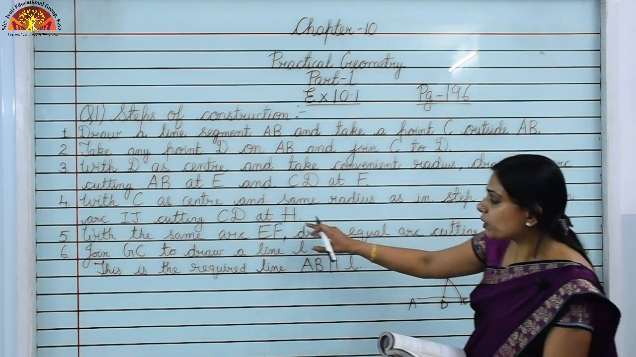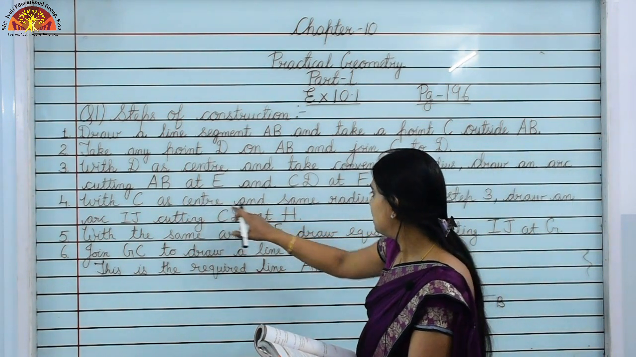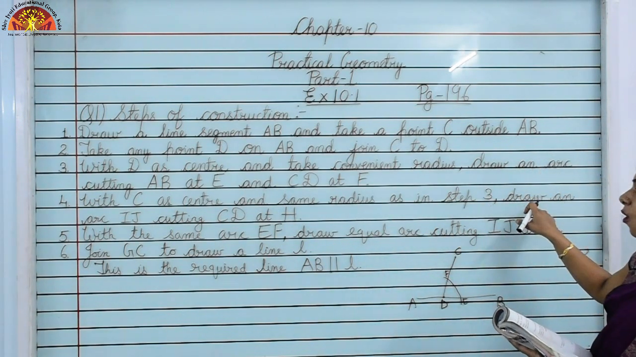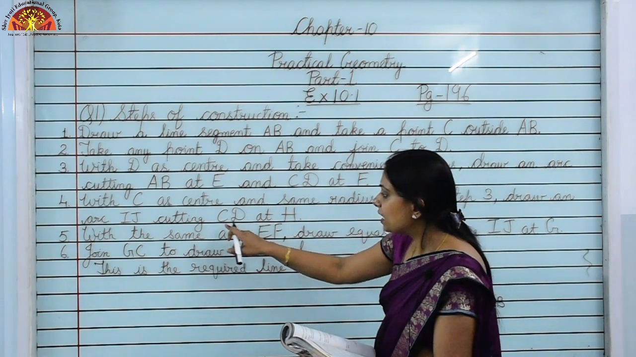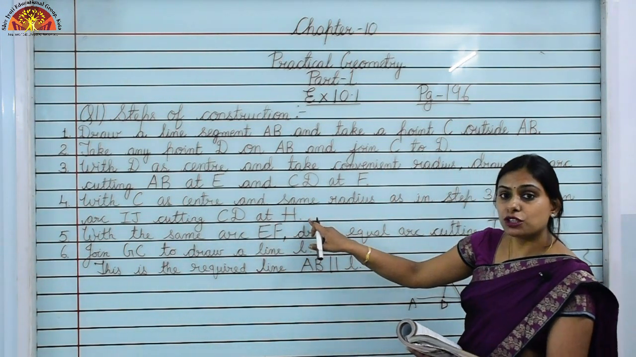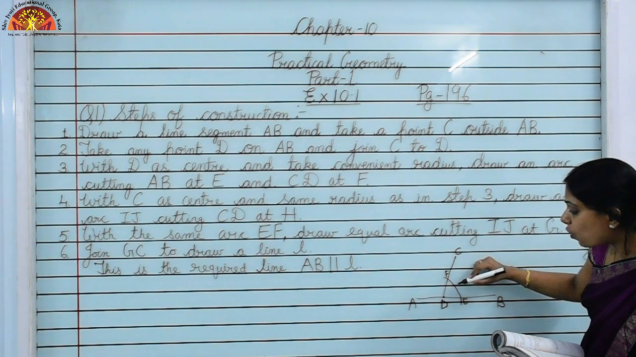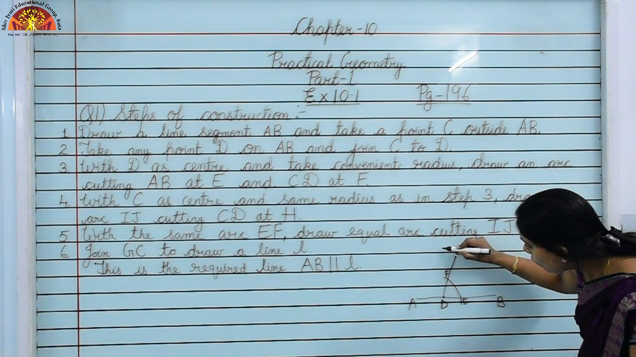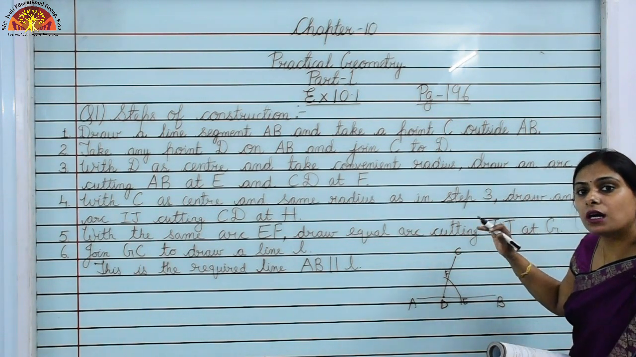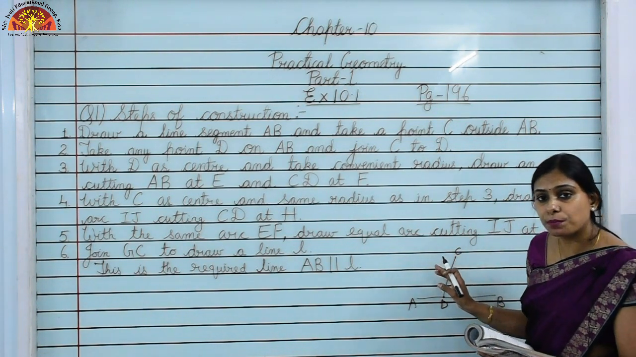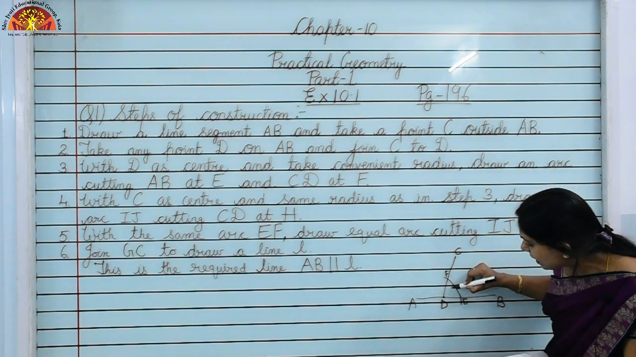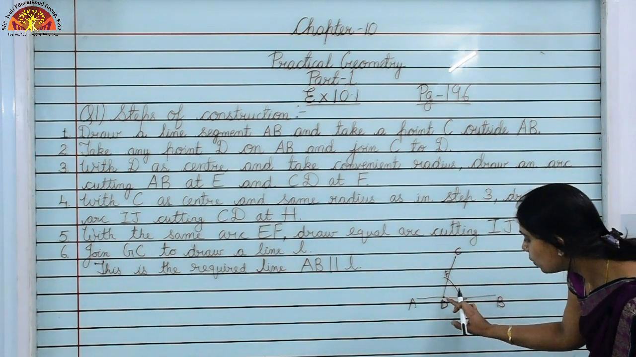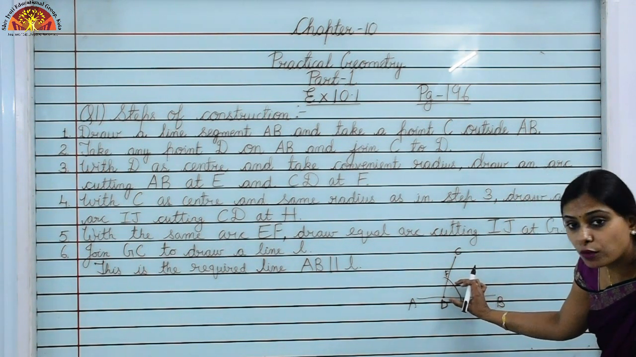Now just see the next step. With C as center and the same radius as in step 3, draw an arc IJ cutting CD at H. Now children, you have to draw the alternate interior angles, meaning the measure of this angle and the measure of this angle, that is the angles on the opposite sides of the transversal, should be equal. So this angle and this angle should be equal. Whatever radius you have taken over here for drawing the arc,